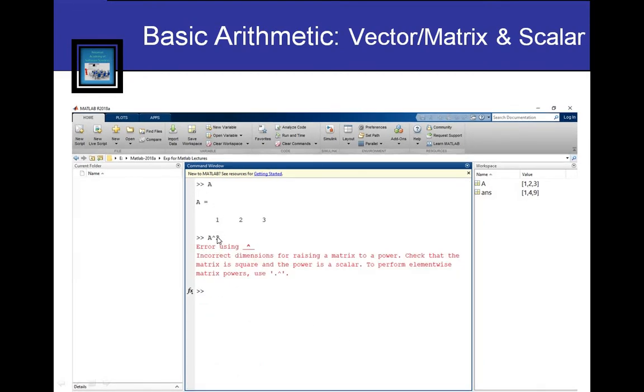And you can also try this power operation here. So a power 2 simply means a multiplied by a, so two vectors are going to be multiplied. Because this is a row vector, it's not a square matrix. In case of a square matrix this command will work, but in this case it will not work because of incorrect dimensions for multiplication. Okay,